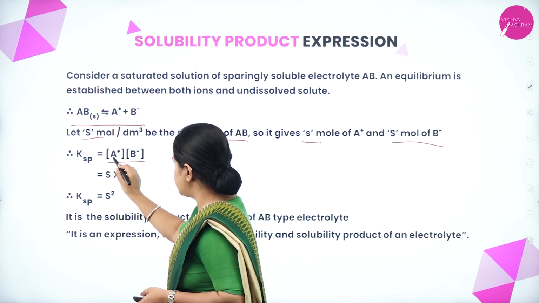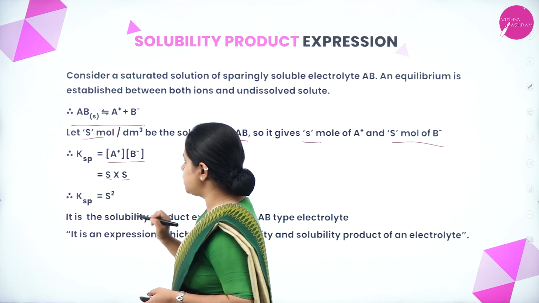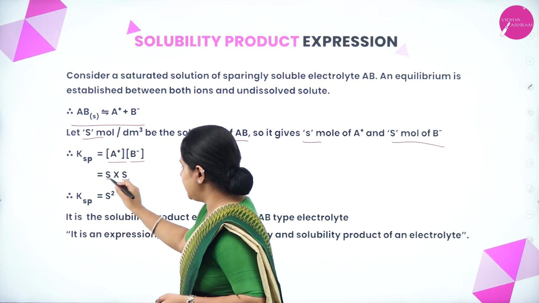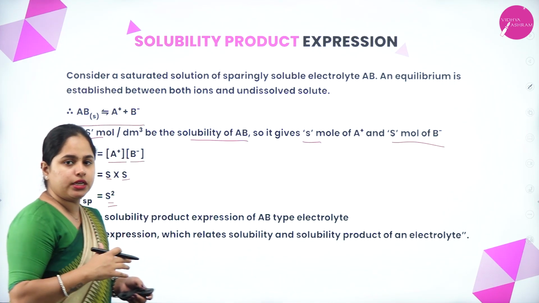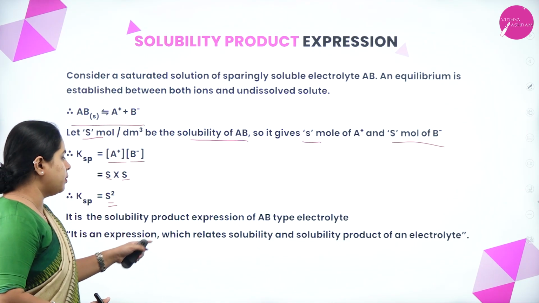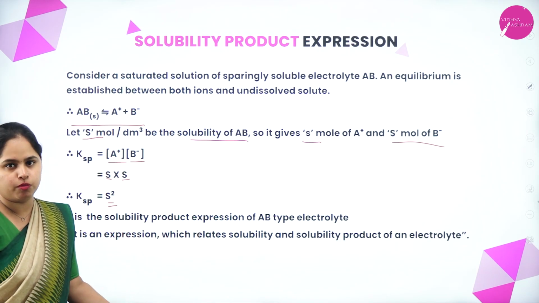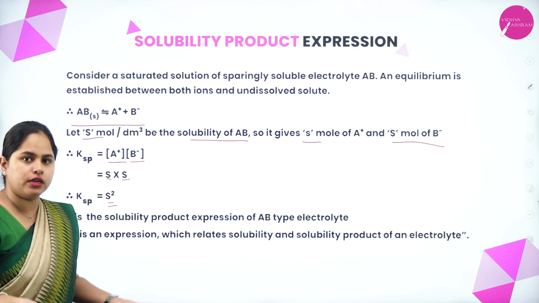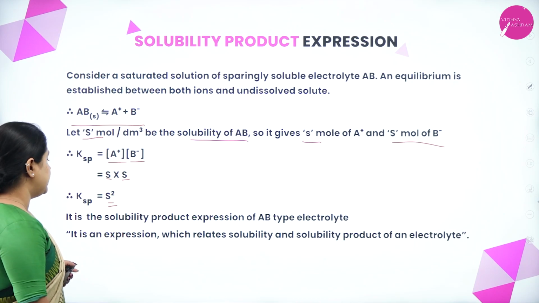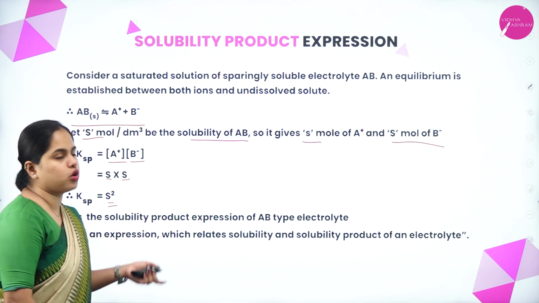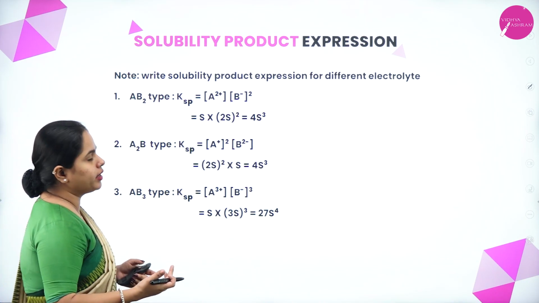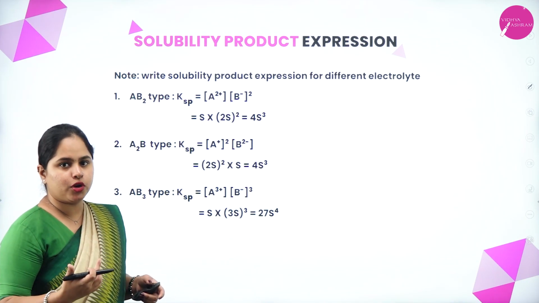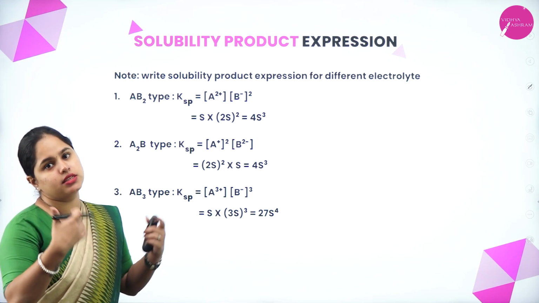So we can write, instead of A plus we write S, instead of B minus we write S. So KSP will be S into S, that is S square, right? So this is a relation between solubility product and solubility. So it is a solubility product expression for AB type of molecule. So different types you will get different solubility product equation, right? It is an expression which relates solubility and solubility product. So let's take another example, how to write the solubility product expression for different electrolytes which relates with its solubility,